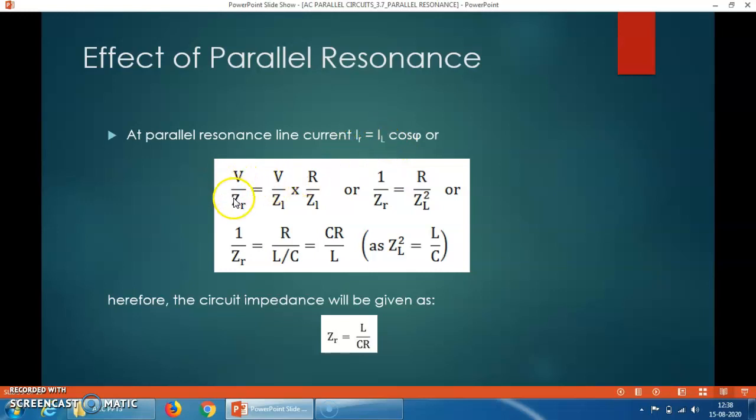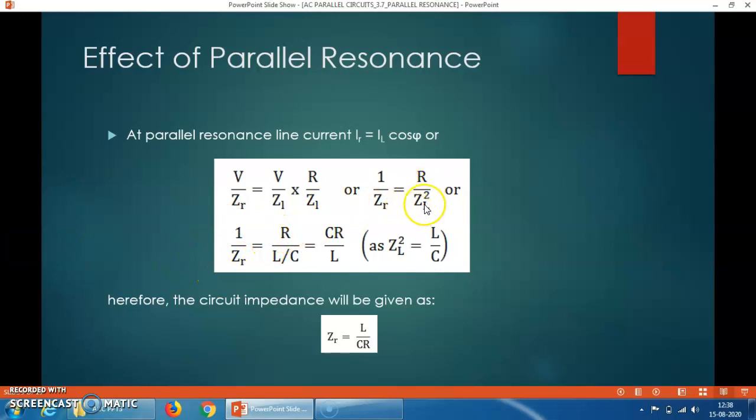IR is equal to V upon ZR, which is equal to IL, the current flowing through the first inductive branch, that is V upon ZL, into cos phi, which is R by ZL. So here the ZL and ZL cancel out. So 1 upon ZR is equal to R upon ZL square. And we know that ZL square is equal to L by C. So only substituting the value L by C, which we have derived just now. So 1 upon ZR is equal to